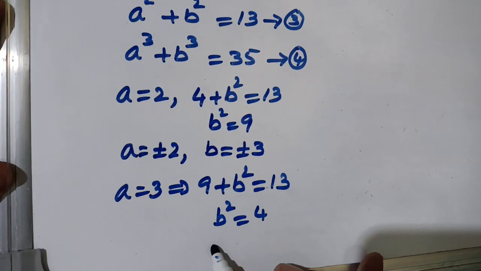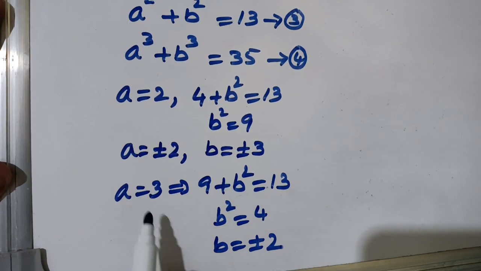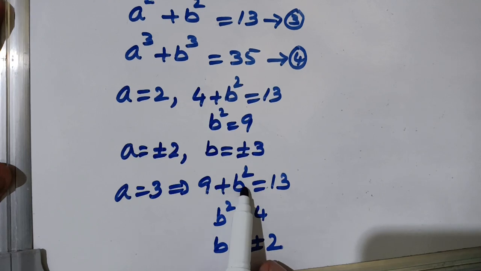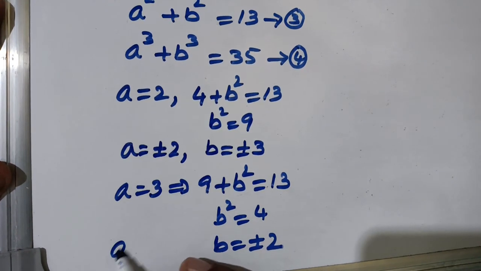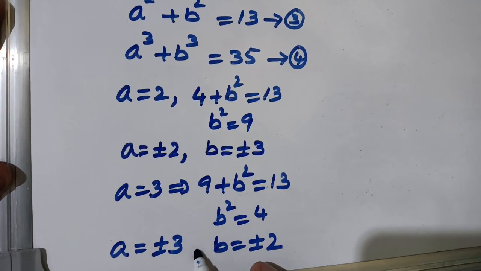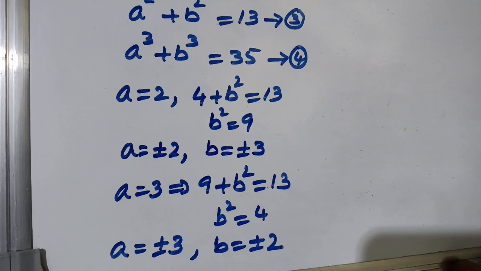When b square is 4, b is equal to plus or minus 2. Once again here, if I take a is equal to minus 3, will it make any change? No. When a is minus 3, a square becomes again plus 9, b square is 13 minus 9, which is 4, so b is equal to plus or minus 2. So when a is equal to plus or minus 3, the value of b which I get is plus or minus 2. And when I take higher values of a, like a is equal to 4 or a